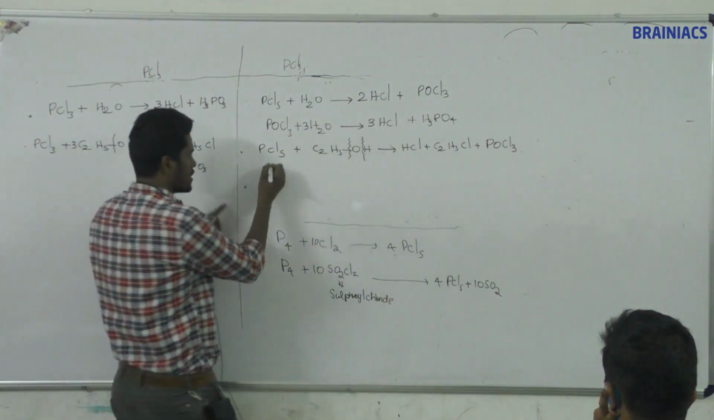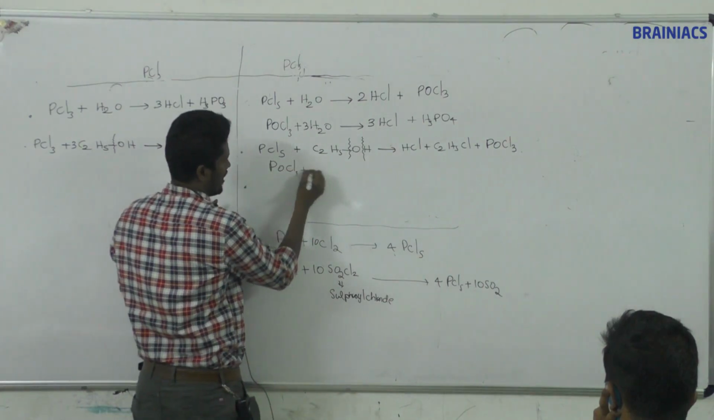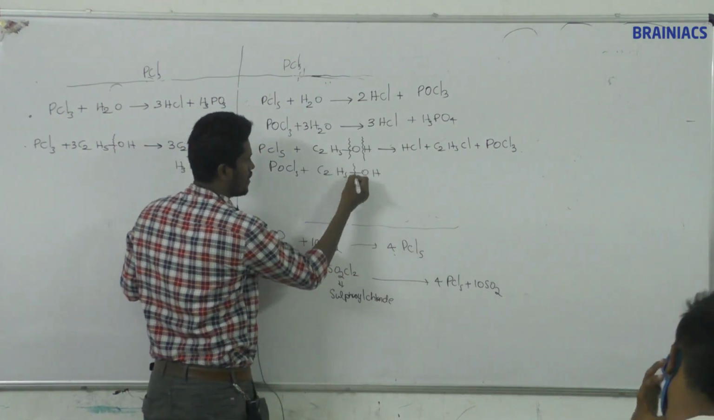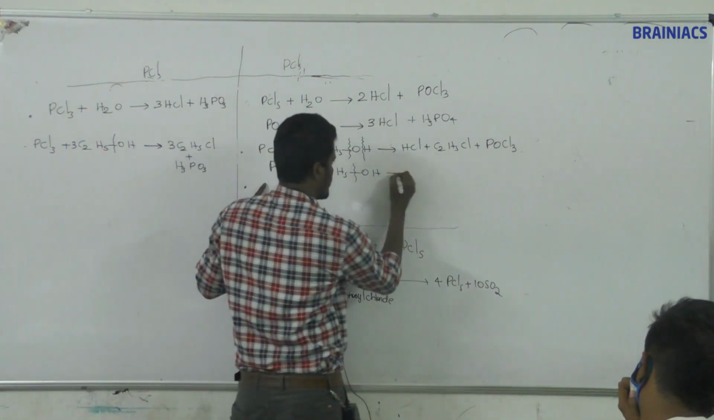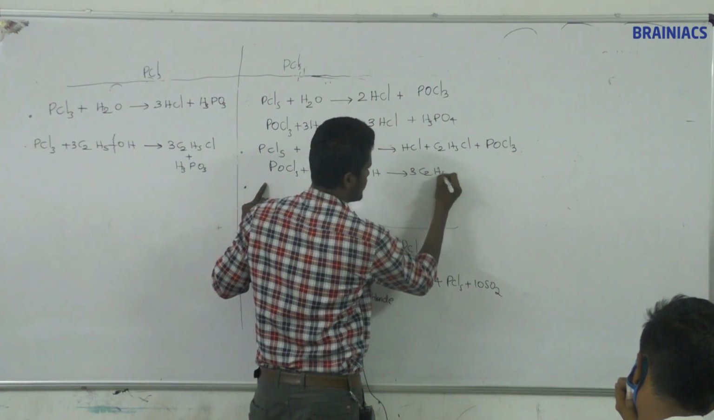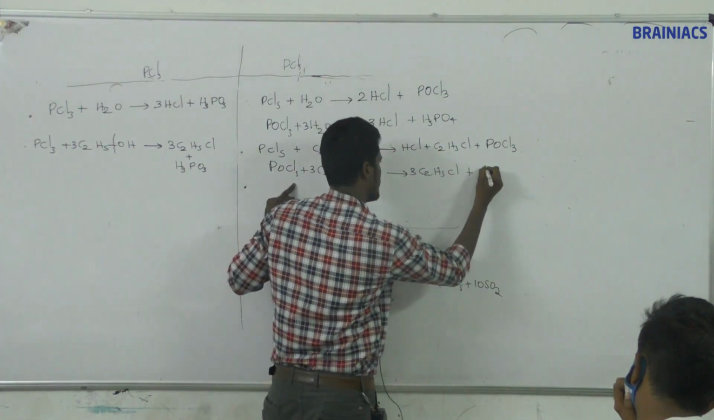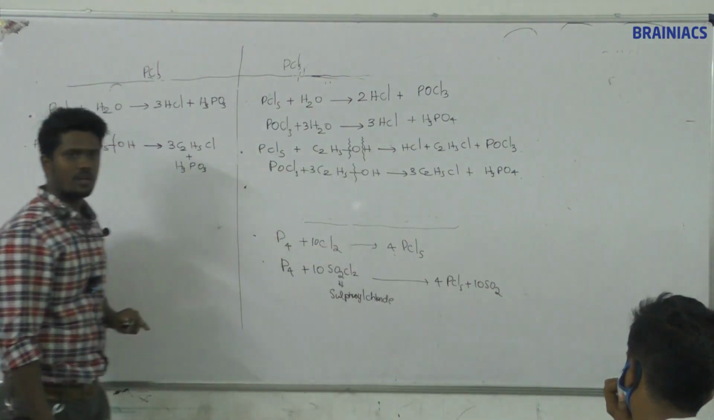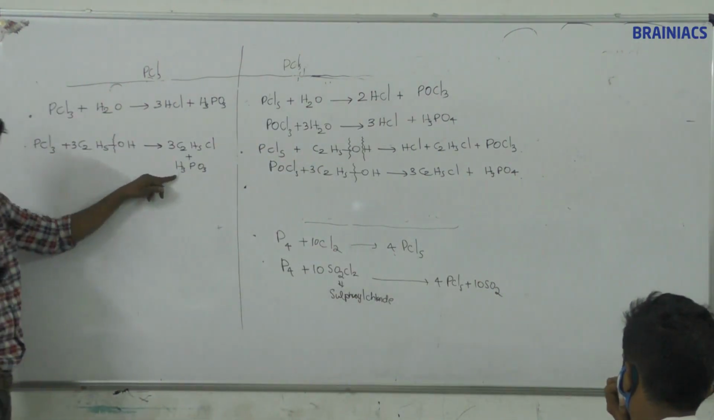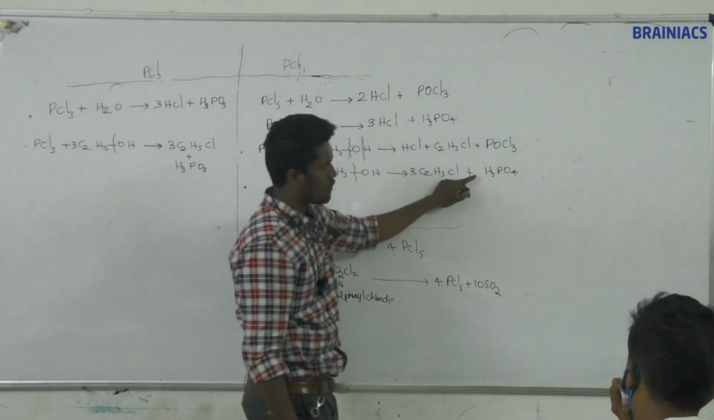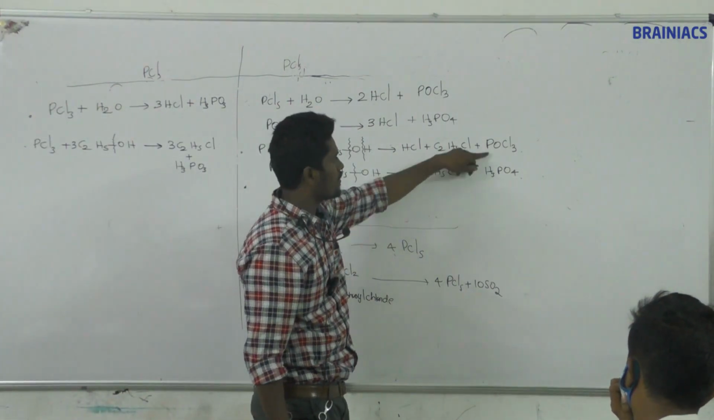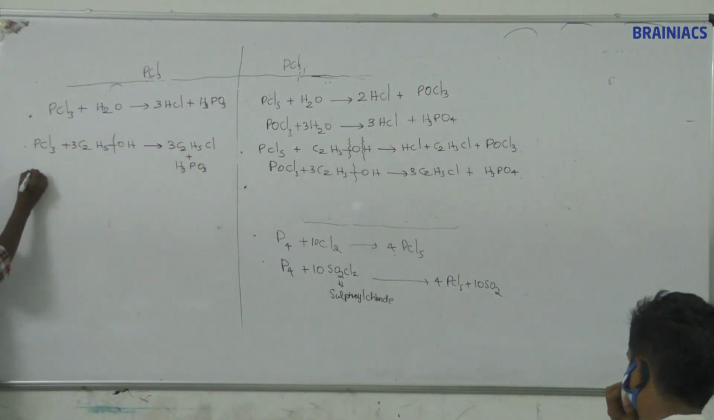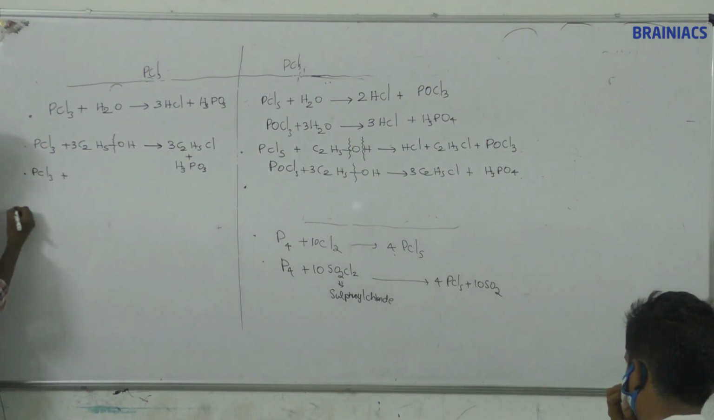Oxygen combines here and gives what? POCl3. Again this POCl3 reacted with what? C2H5OH. Complete breaking. So it gives what? 3C2H5Cl plus what? H3PO4. Okay, here also what is the product formed? H3PO3. What is the first product formed? POCl3. Okay, and the same way the reaction: